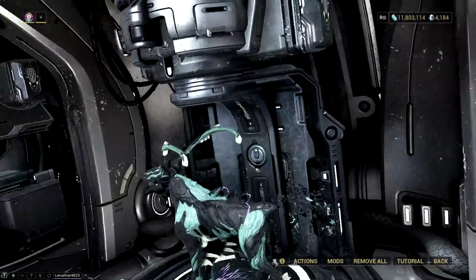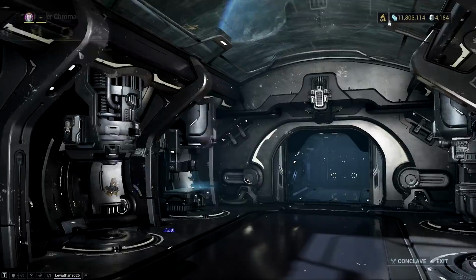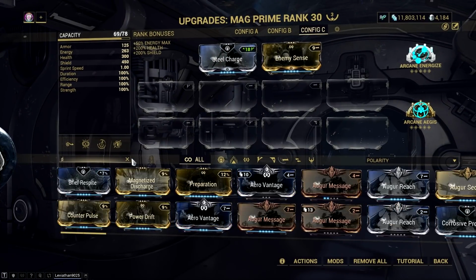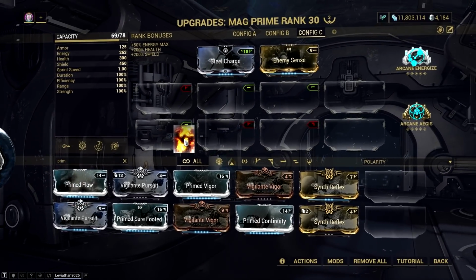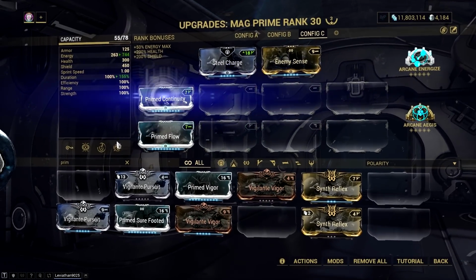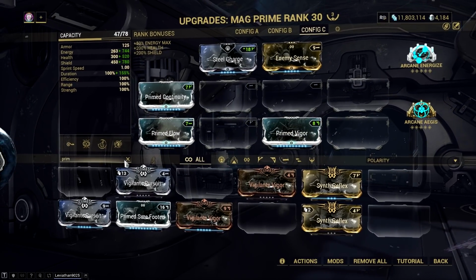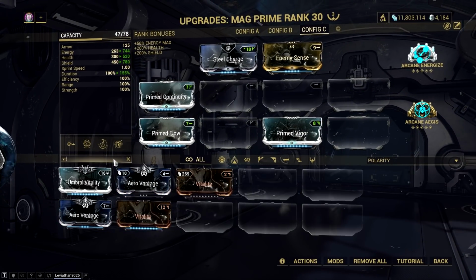Next, Primed Continuity is a must for me so that Magnetize will last longer. Then, Primed Flow of course for a large energy pool since my Mag Prime is a cast Warframe. Then I use Primed Vigor for more shield and health. But for those who don't have this primed mod yet, then you can either use the Vitality mod or the